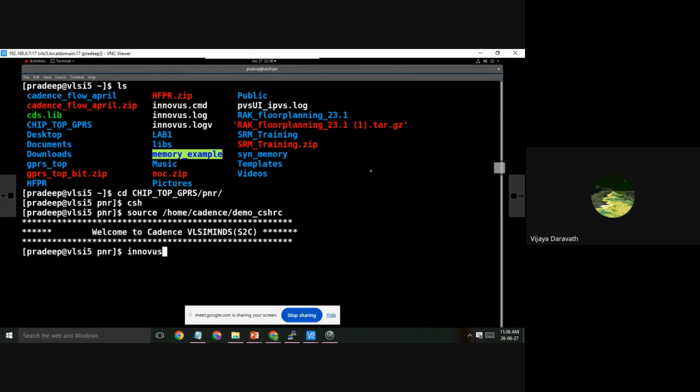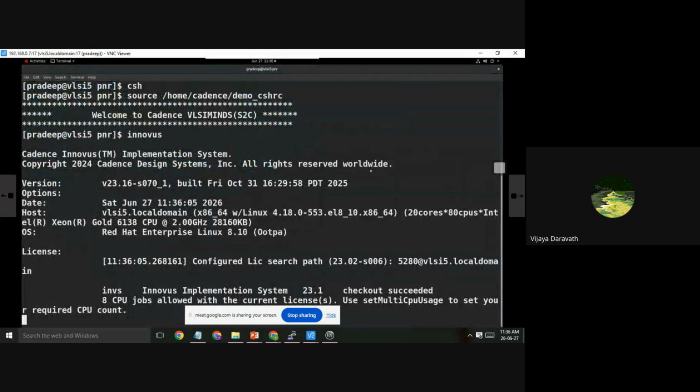Sir, which tool can we prefer, Cadence or Synopsys? See, both should be known for different purposes. As I told, synthesis requires Synopsys, but physical design requires Innovus. And if you go for timing, that requires Synopsys. So for physical design, Innovus is good. You should know Innovus.